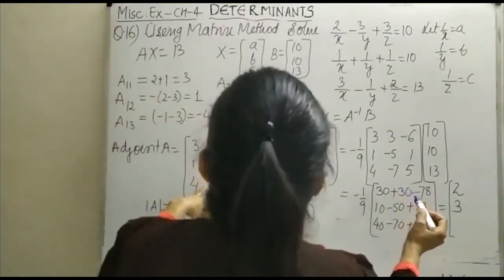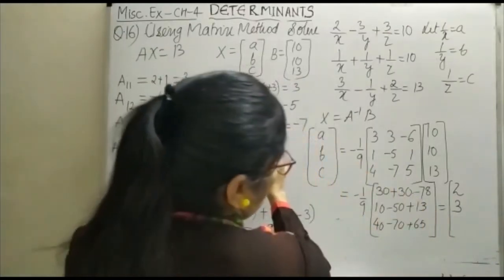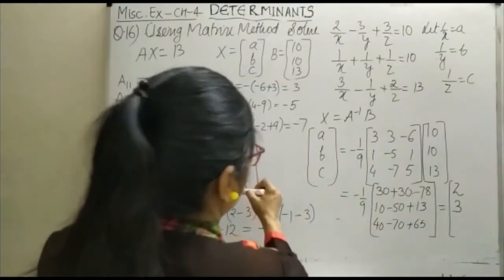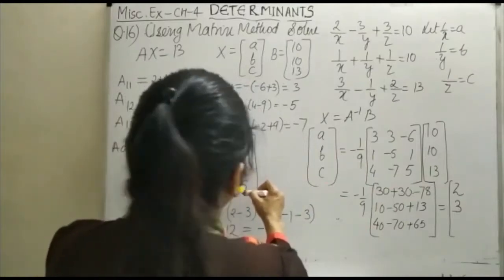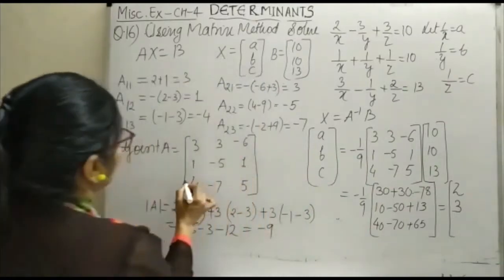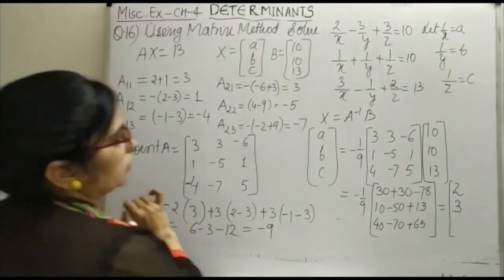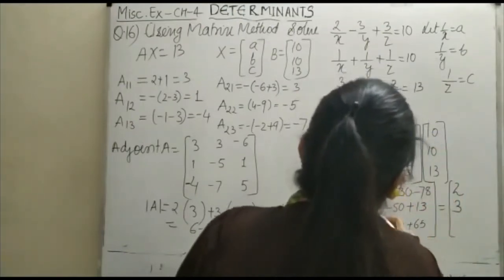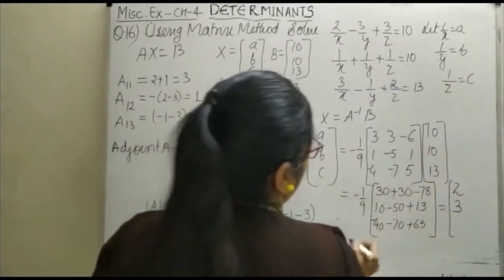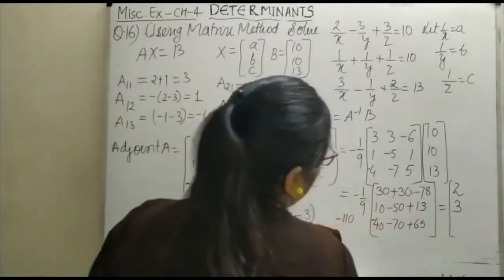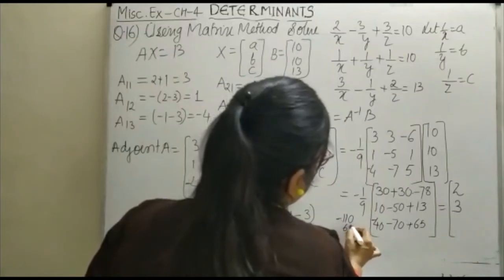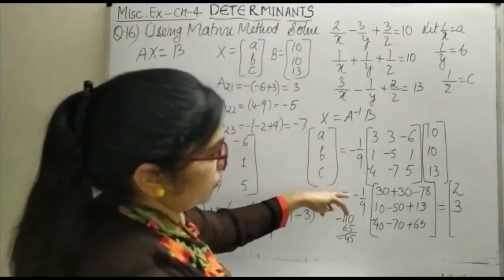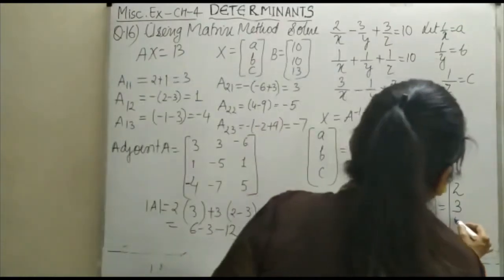Let us find out this adjoint here. That is minus 6, 1, 5, 3 minus 5, and this 7. And 3 1 minus, this is 3 1. Here it is, it's minus 4. Okay, that is why we are not getting this minus 4. Okay, so here it will be minus 40, minus 70, and plus 65. So this is minus 110 and 65. So we'll be getting 5 here, minus 45. So minus 45 into minus 1, 45 upon 9, that is 5.